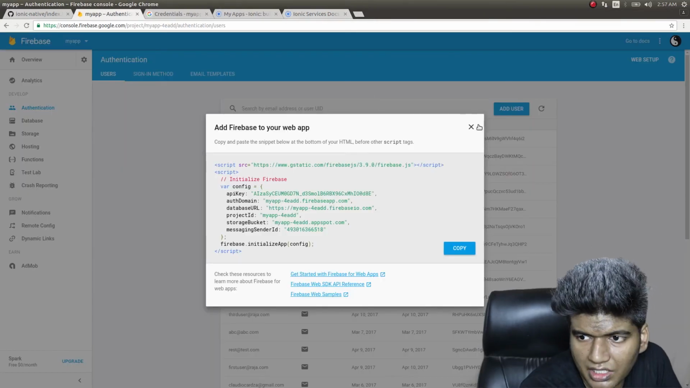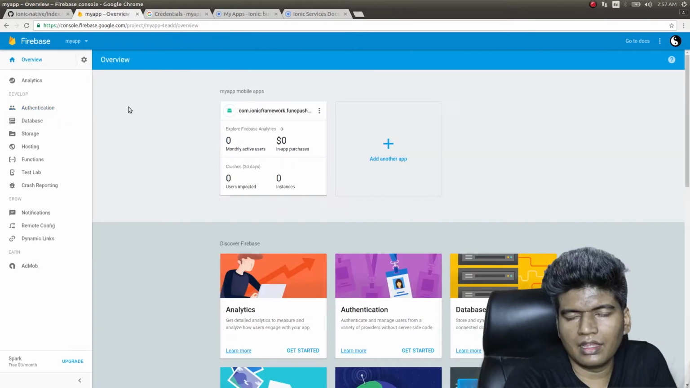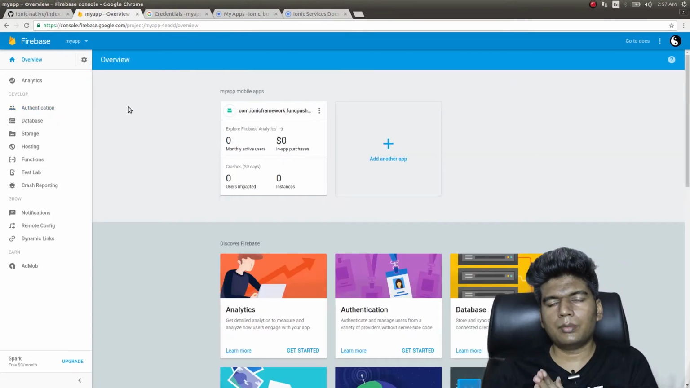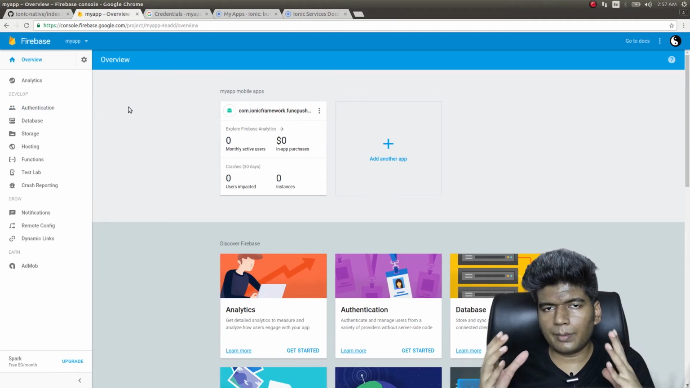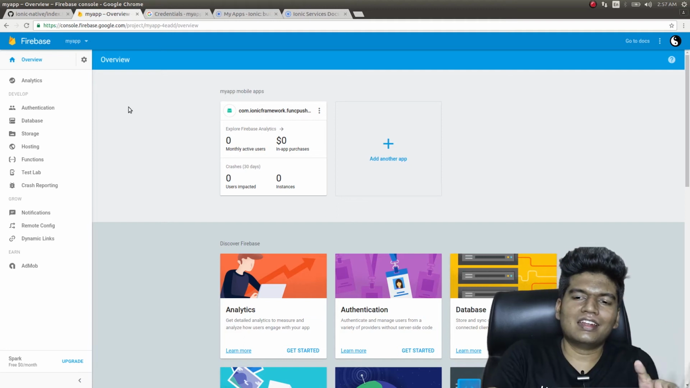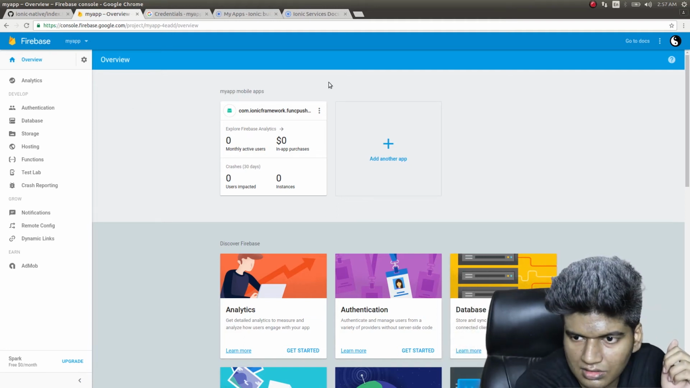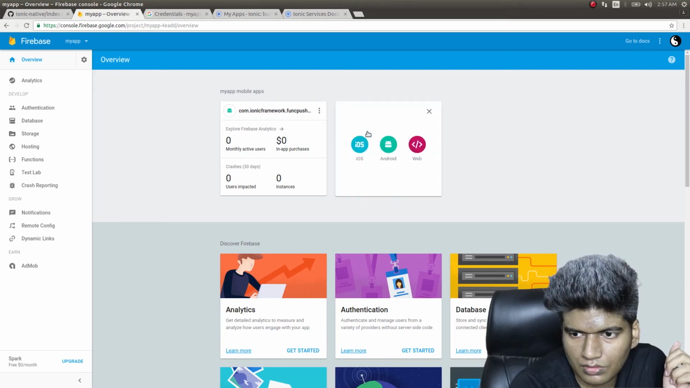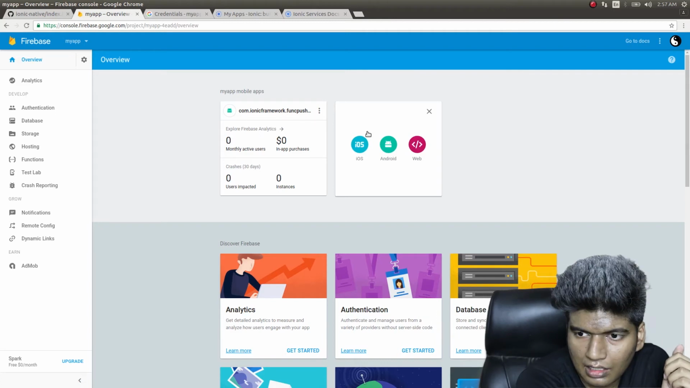In your Firebase application, if you just click on overview, and now I have already added an app, guys. That's why it's looking like this. If you hadn't added any app to your Firebase account, then it will show 3 small round symbols like this, iOS, Android and web. Click on Android,